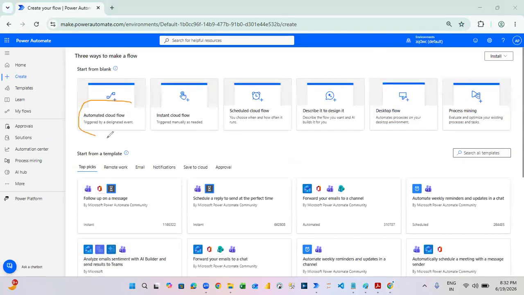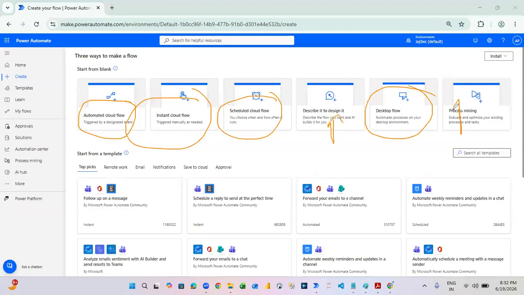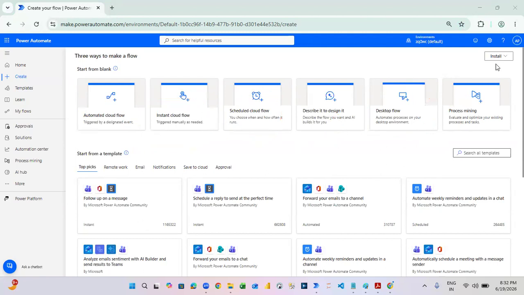Remember, I told you automated cloud flow, instant cloud flow, scheduled cloud flow. This is Power Automate Desktop. About this one and this one, I will discuss when we go into the live session where we will talk about the AI models. Okay. So now here, if you see install, once you hit on this